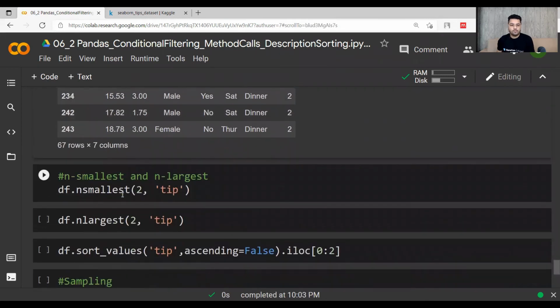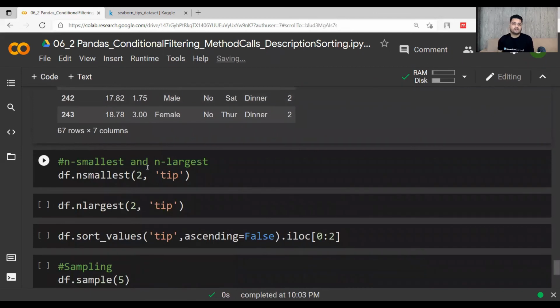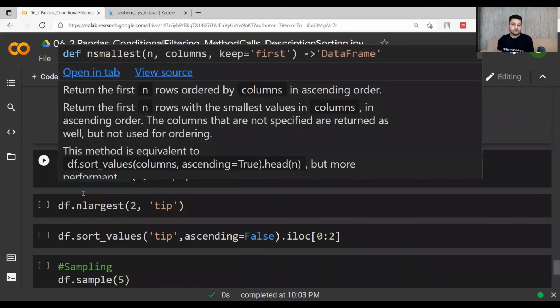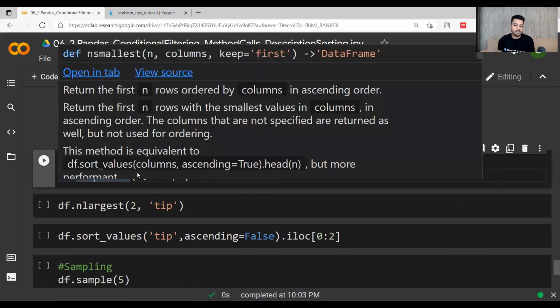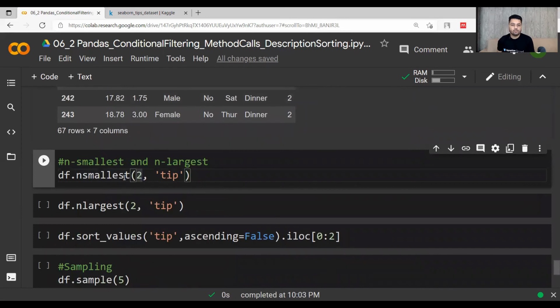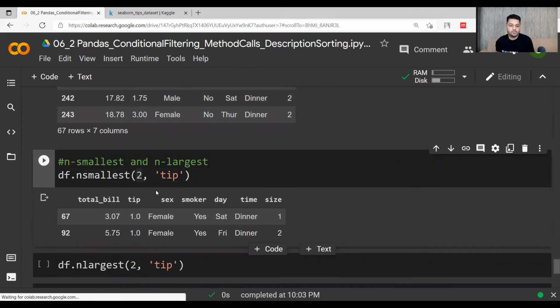Now if you want to print the n smallest and the n largest values, let's say within the tip column I want to see only the two smallest tip values. If I run the n smallest function with 2 comma tip, it means that I want only two values over the tip column with the smallest value.